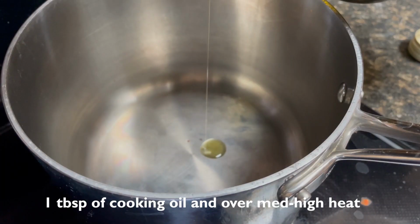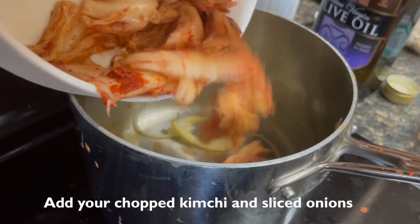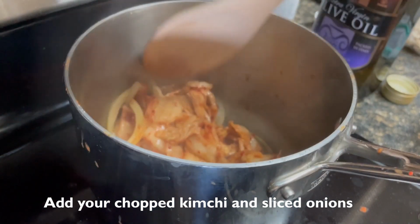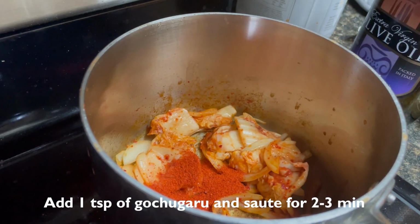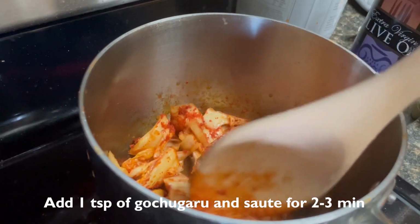I love to use scissors to chop up my kimchi, and then adding to a pot a little bit of oil, your onion, and your kimchi, and letting that saute with a teaspoon of gochugaru, which is Korean chili flakes. You can also find this at H Mart. Letting that saute for a couple of minutes,